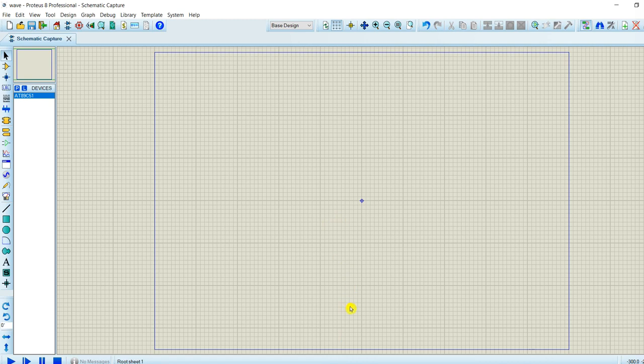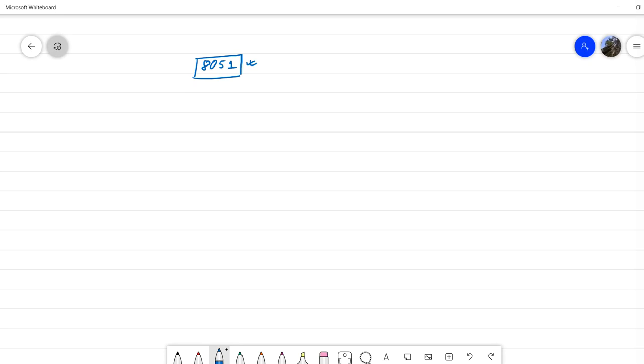First of all, let's understand all the steps which will be involved during this tutorial. The first step is that we have to write the code in the Keil software. That code itself will be converted to the hex code in the software itself.